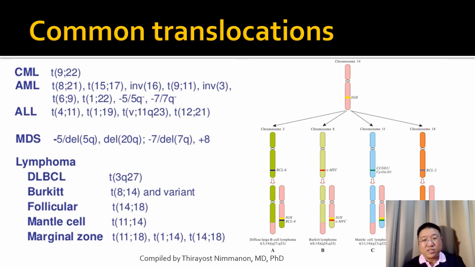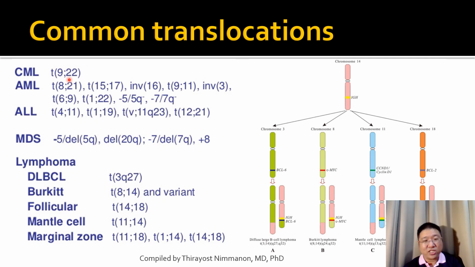There are some common translocations that I think you should memorize. In chronic myeloid leukemia, which is one example of chronic myeloproliferative disorders, the common translocation that must be detected in order to make the diagnosis is